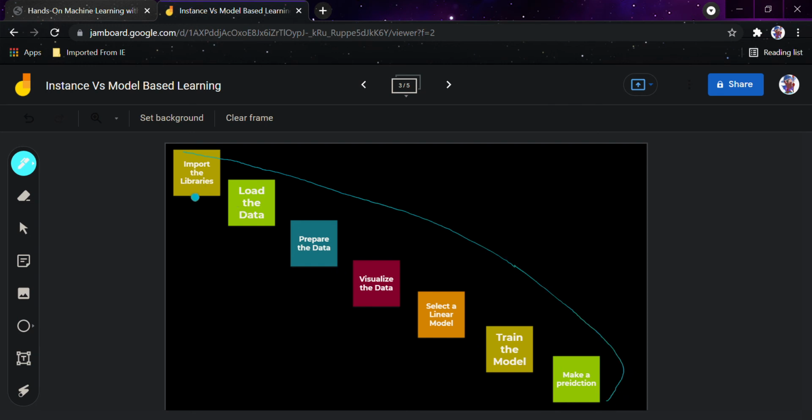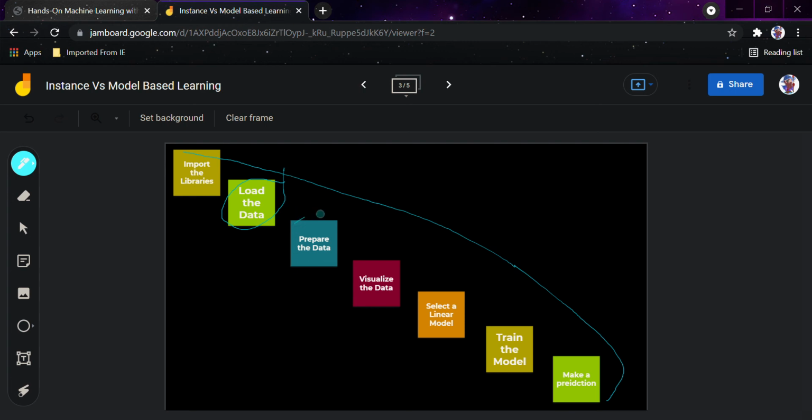You first import the libraries. So this is an optional step, I guess. Even if you do not include this step, not a problem, because many systems or many pre-built models have already included that. The first step you need to do is load the data, which consists of all the examples you are going to train your model on.